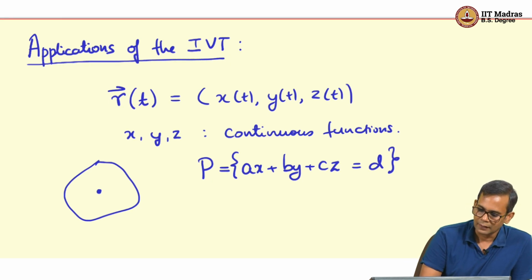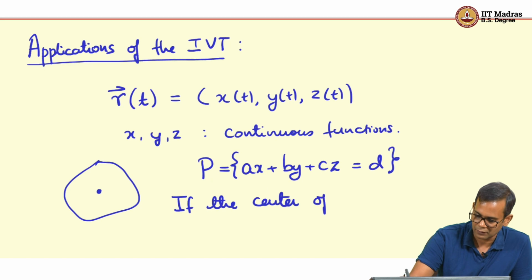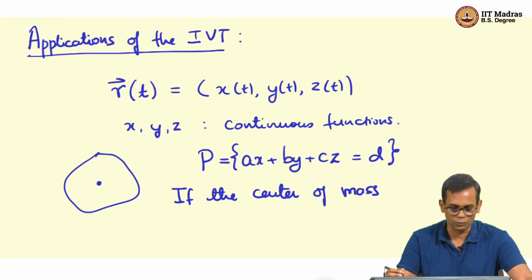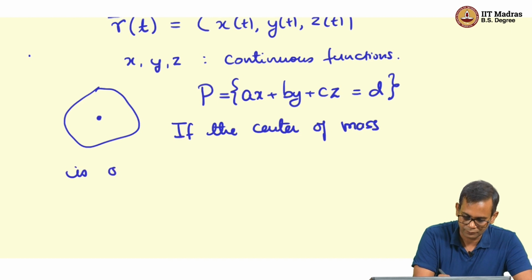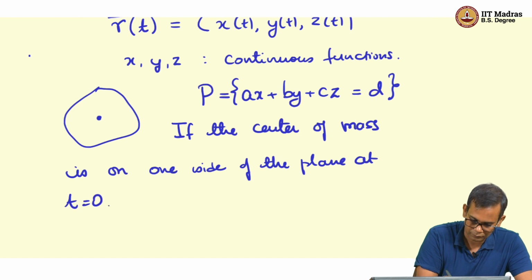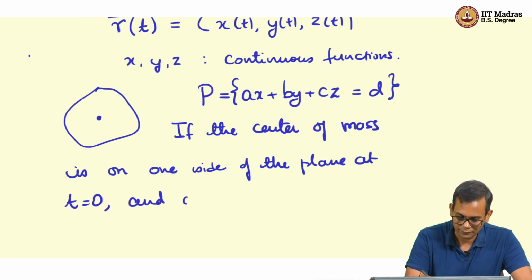Then what we can say is that if the center of mass is on one side of the plane at time t equals 0, and on the other at time t equals 1,